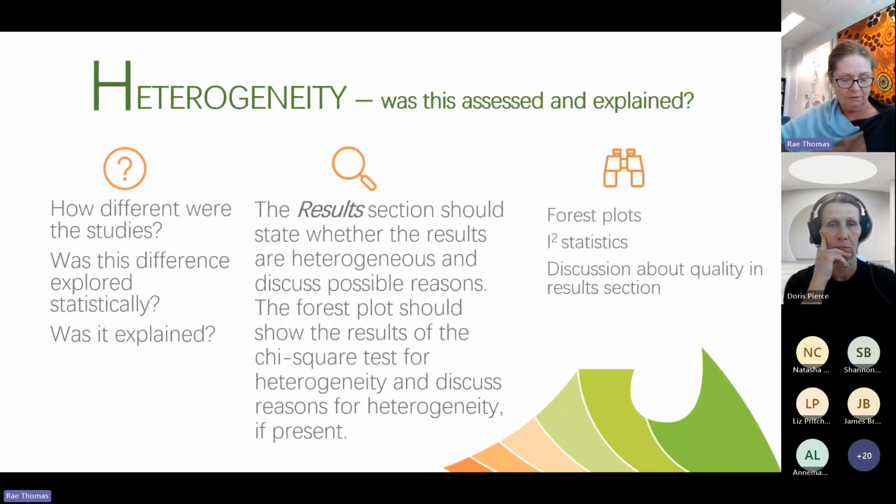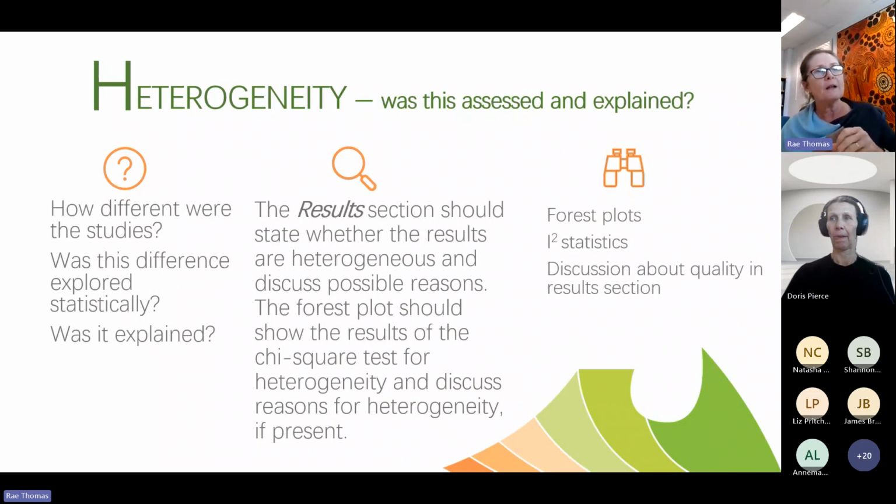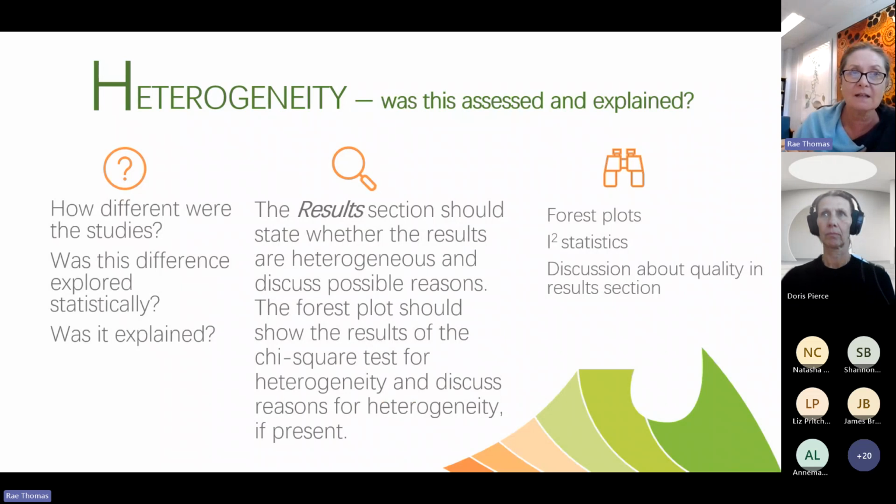And finally, we come to the heterogeneity, right? So, okay, the studies are variable, how variable are they? What does that look like? And have they considered that studies are different, particularly in psychology? Psychology has lots of variability and heterogeneity. Where am I going to find this? Mostly I'm going to find it in the results section, right? And what am I looking for? If they do a forest plot, then usually you have things called the I-squared statistics that's done in the forest plot. But I also want to see about it in the results section. I want to see them discussing things like quality and what that looks like there.